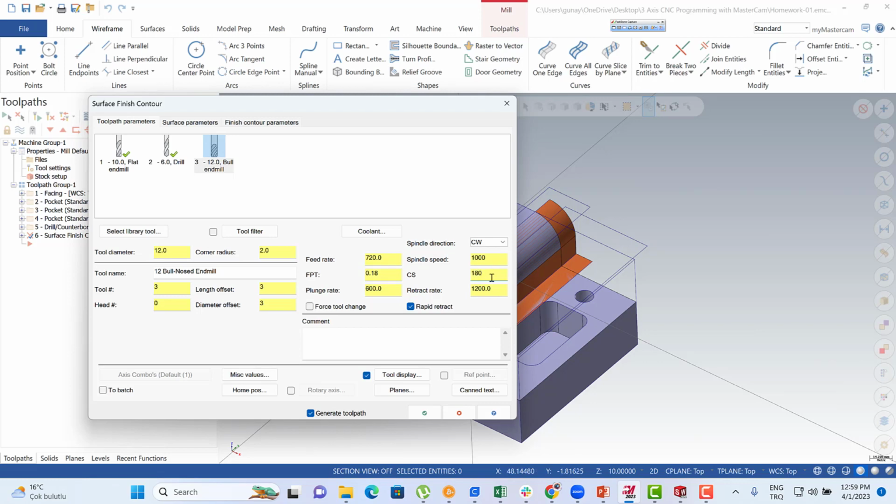If I am using this one, it means that my feed rate and my spindle speed are calculated according to this cutting speed. So when you change our cutting speed, for example, if I am using 200, it means that my spindle speed and the feed rate